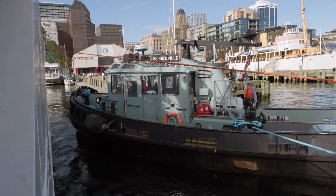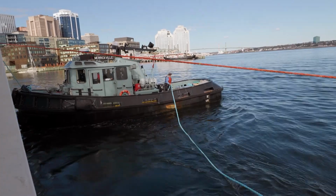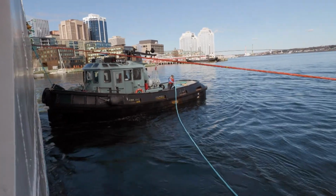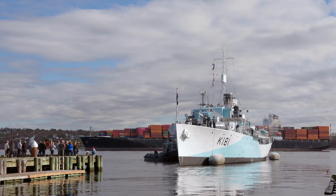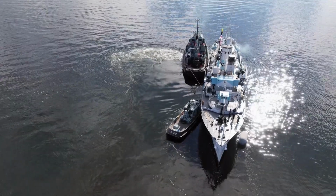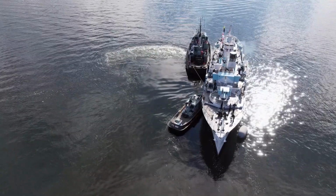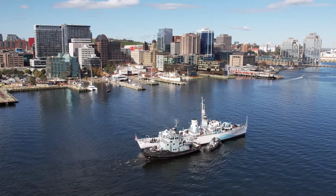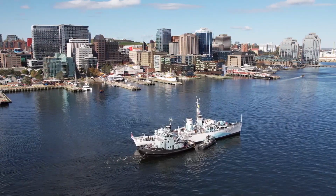Because you'll appreciate that down on the waterfront, we can't get a lot of work done, any maintenance or anything, because we've got visitors throughout the ship. So what we do is we move back to the dockyard for the winter so that we can get that work done without any interruptions. It's a nice quiet time of the year where we can get the ship alongside, where we can touch up the rust,